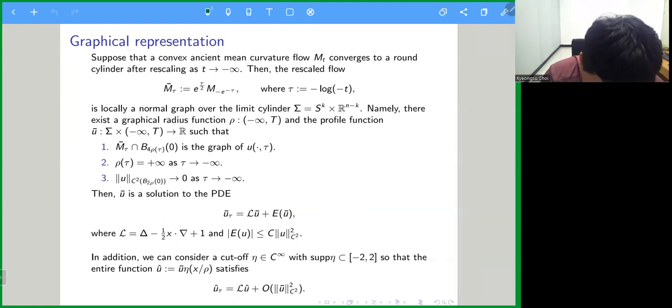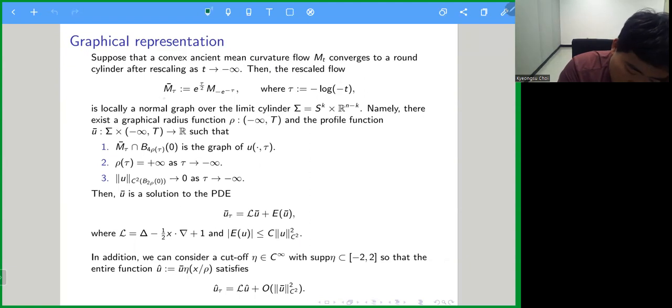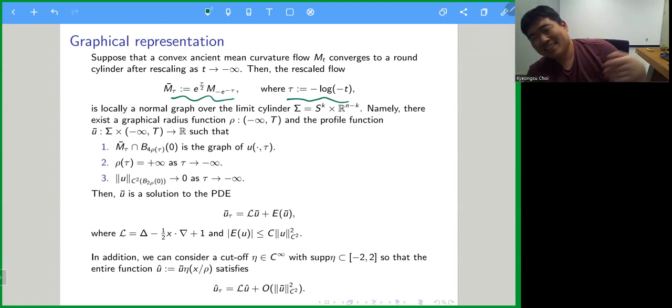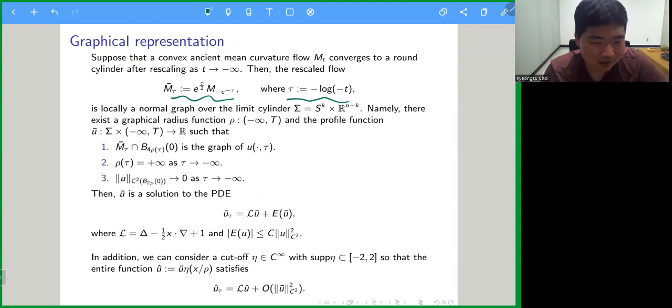Then we can consider these rescaled flows with a rescaling time tau, for technical reasons. And actually you can just use t if you don't like tau. You have the same mathematical difficulty using tau or t, but the only reason to use tau is to make a beautiful PDE form. If you just consider t, then the PDE looks messy, even though you have the same difficulty. Anyhow, because the flow converges to a round cylinder, say sigma,